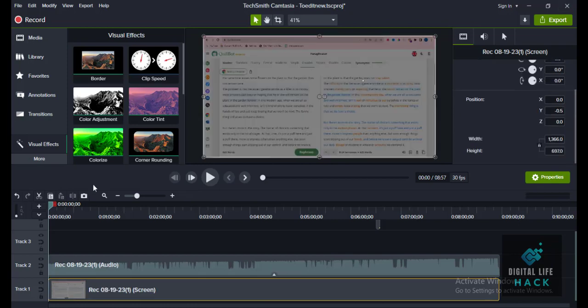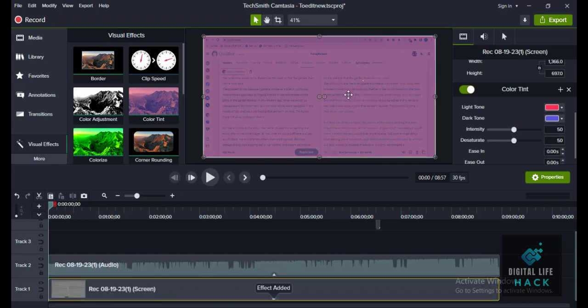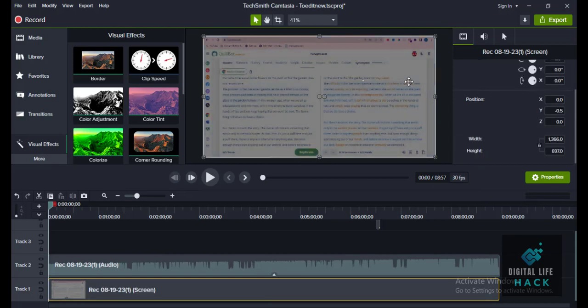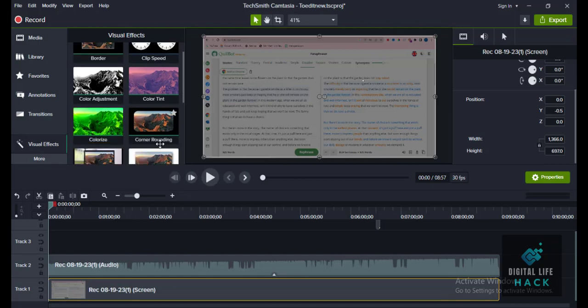Let me remove it. Okay, the next one here is color tint. Drag it. Can you see the color now? It works like the color overlay that we normally make use of in Photoshop. You can play along with the intensity and saturation here. You can change the color here to any color of your choice. Can you see it now? That's the work of the color tint. Likewise, we have colorize, and likewise we have